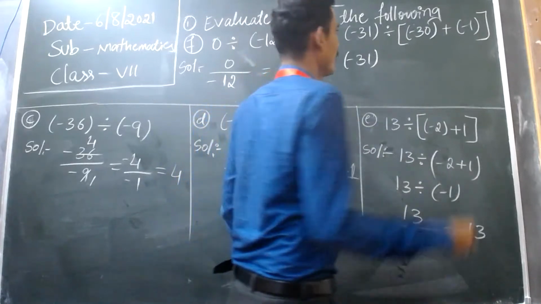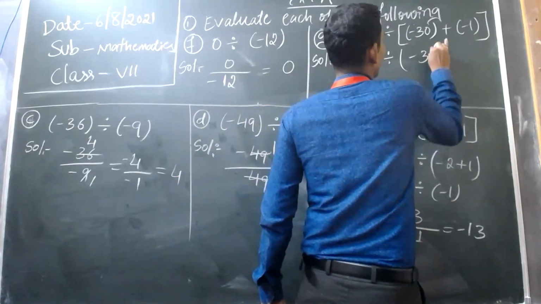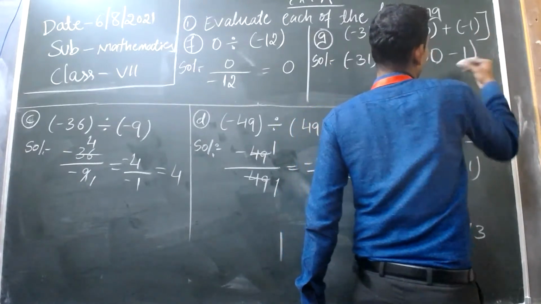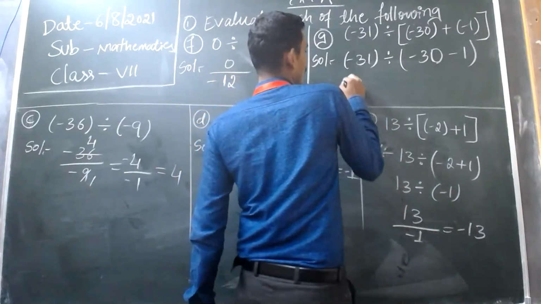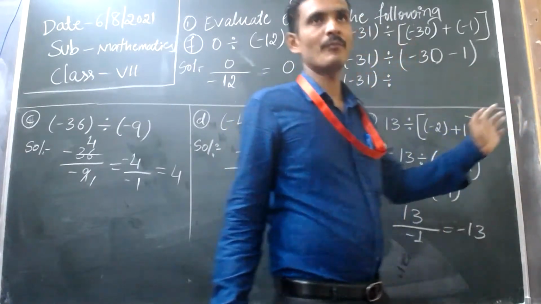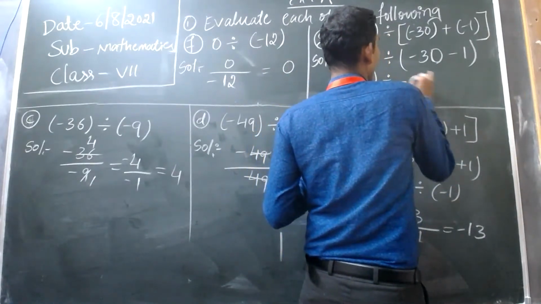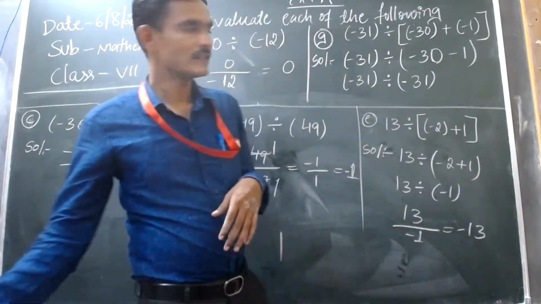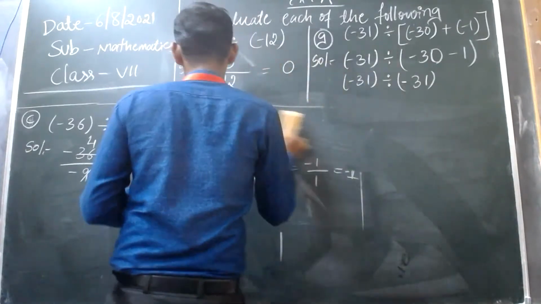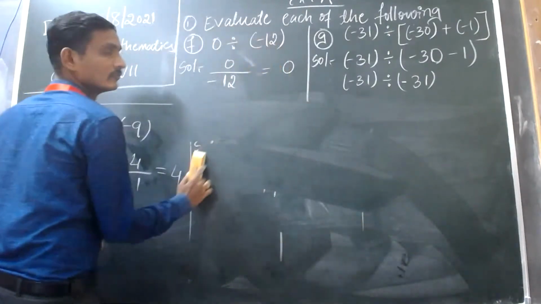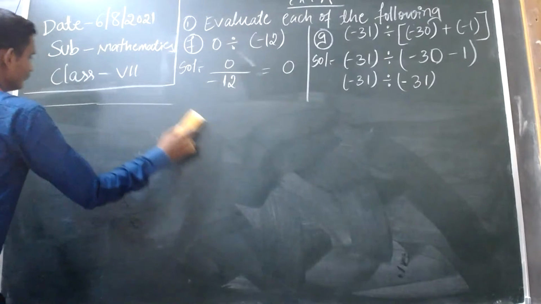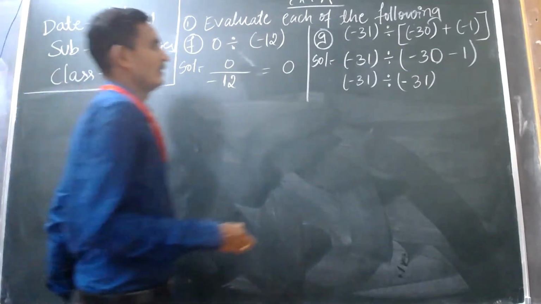Minus 31 divided by, this one, minus 30, sorry, minus 30 plus into minus: minus into minus is plus. So minus into minus gives plus, 30 plus 1 is 31. We have to keep the bigger sign here. So you have to keep the bigger sign. Now this implies